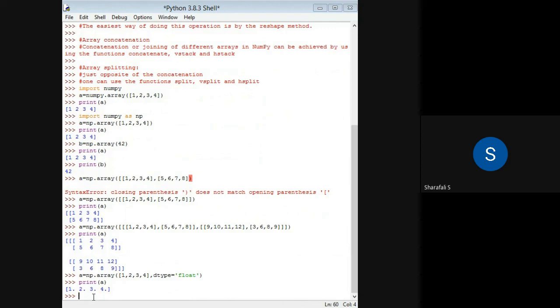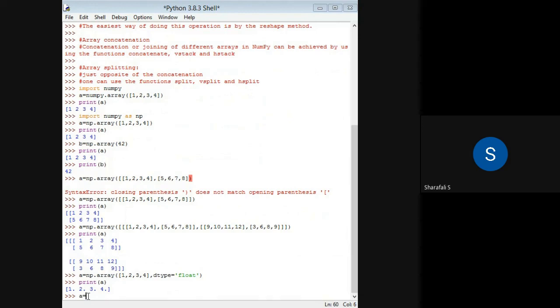And if you don't know the elements, or you are not interested in particular elements, and you are only interested in the dimension or the shape of that particular array, which means the axes of that array, then in that case you can directly create those arrays by using some different functions.